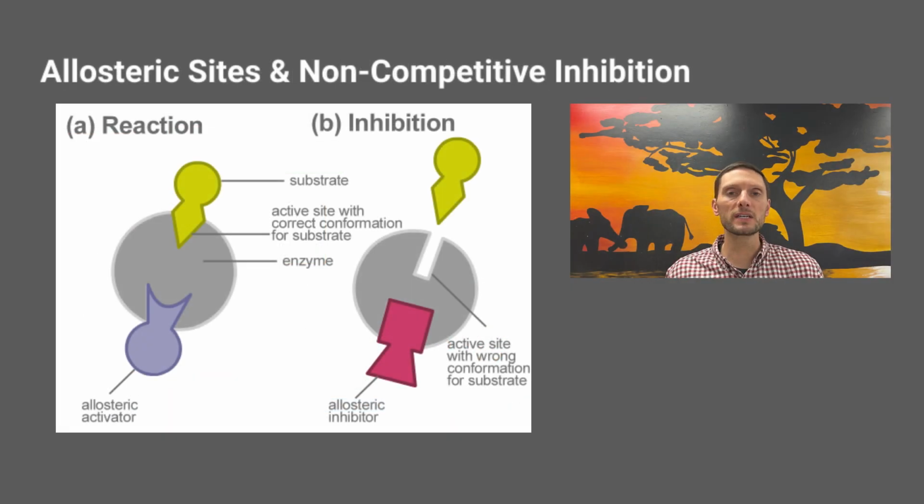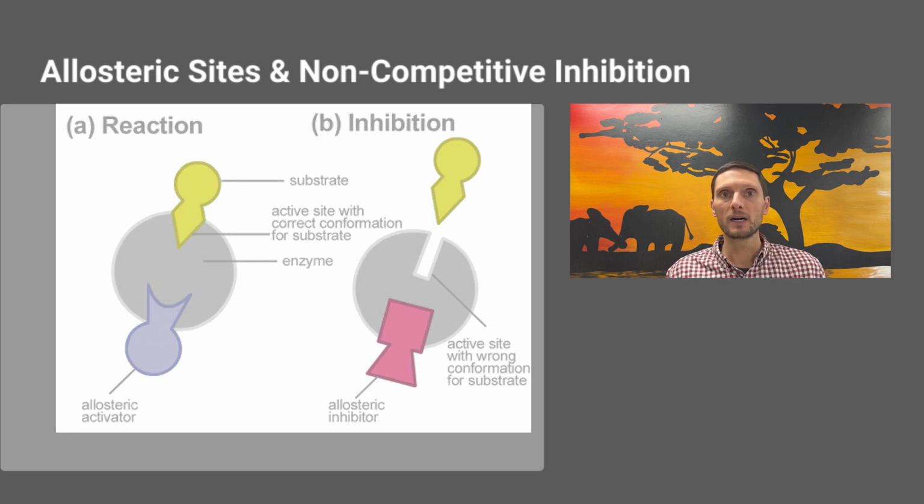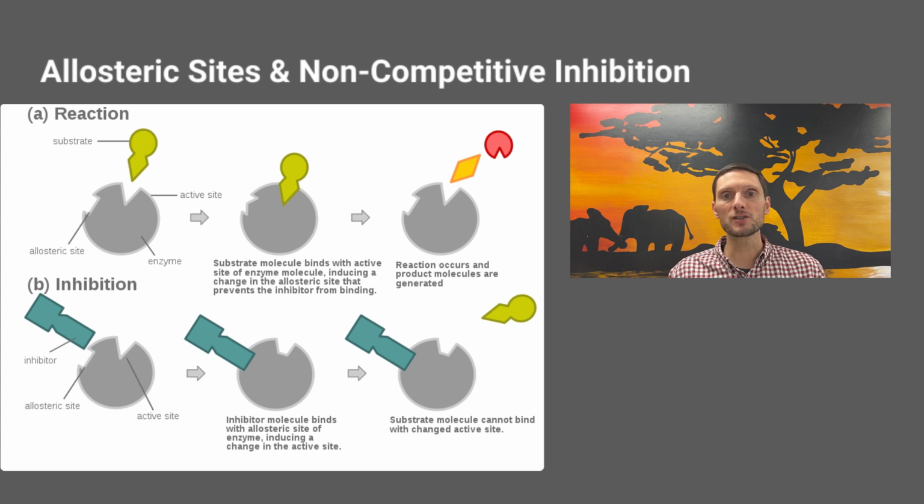As mentioned previously, each enzyme is a little bit different, and many enzymes have a second binding site besides the active site. That's called the allosteric site. And this is where a different substance can bind and unbind. It's not a permanent binding. And if the substance binding blocks the ability of an enzyme to conduct the reaction, it's called an inhibitor. And in this case, if the binding occurs at the allosteric site, then it's called a non-competitive inhibitor